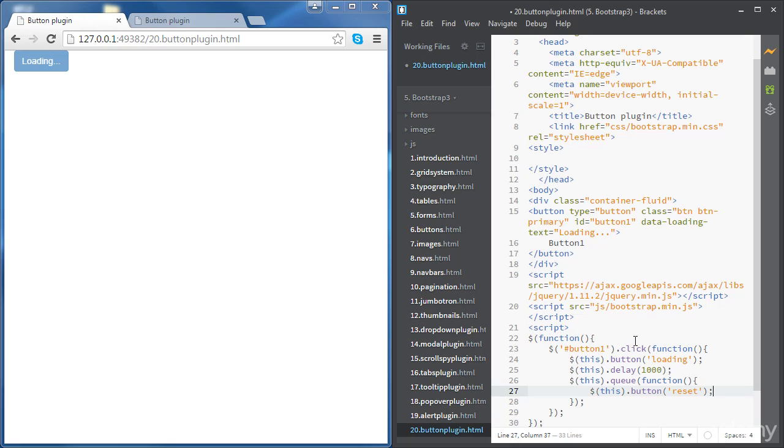Okay, so let's try this and make sure it works. So if you click on the button, you can see the loading state, and then after a second we can see that the button goes back to its primary state. Okay, there is an easier way to write the code, so we don't have to access the button every time. So we can just use the first method button, and then use the second method straight away